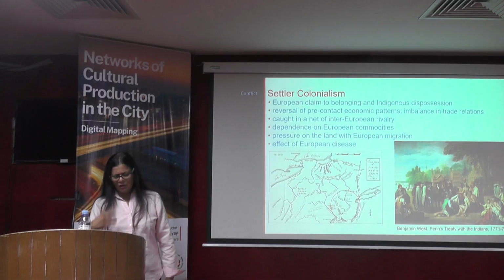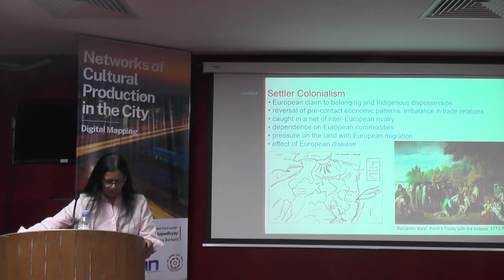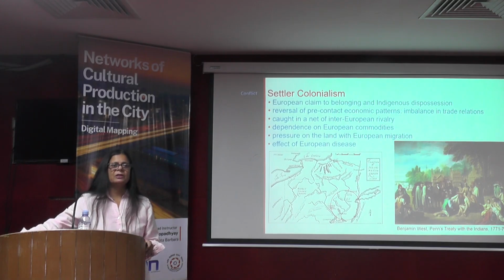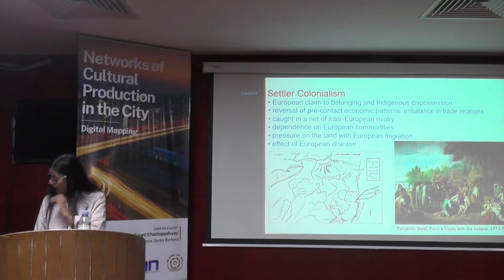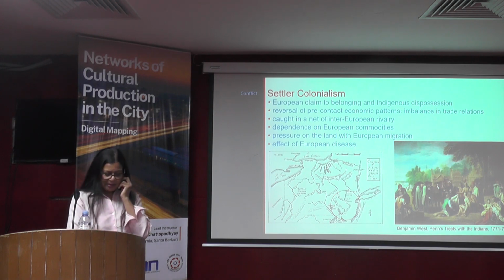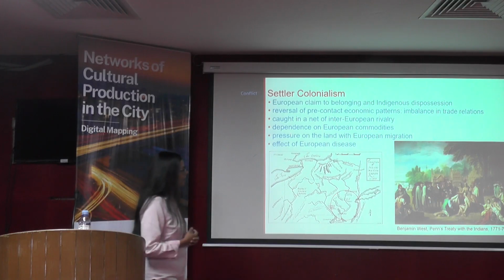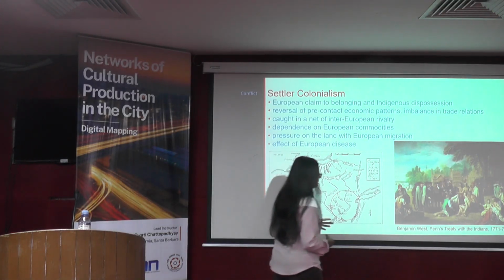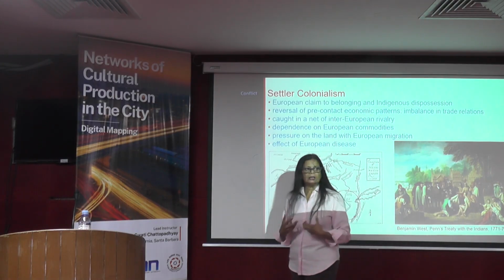And long afterwards, in the late 18th century, the appropriation of the land was justified through multiple pictorial representations. One of the most important ones is Benjamin West's Penn's Treaty with the Indians. And these kinds of paintings have a particular visual rhetoric. They're always about willingly giving away the right to the land.